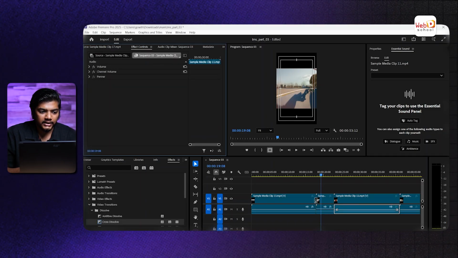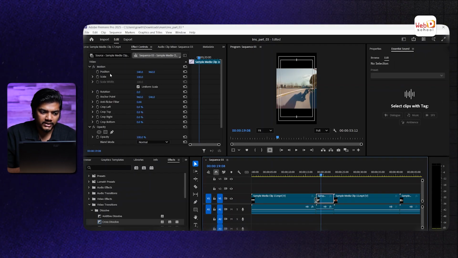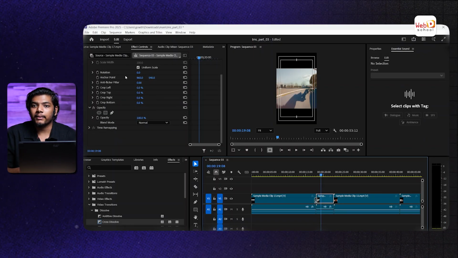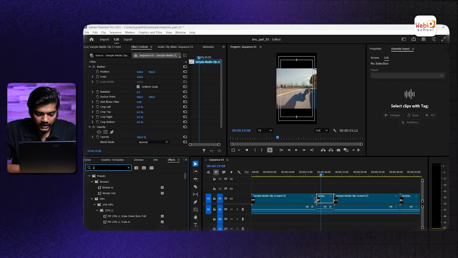Here I can adjust the effects control. By using this effects control, we can adjust the position, scale, rotation, anchor point, anti-flicker, and the opacity and time remapping. These are the basic motion we can edit in the effects control, and as well as we can edit the effects like I just add the